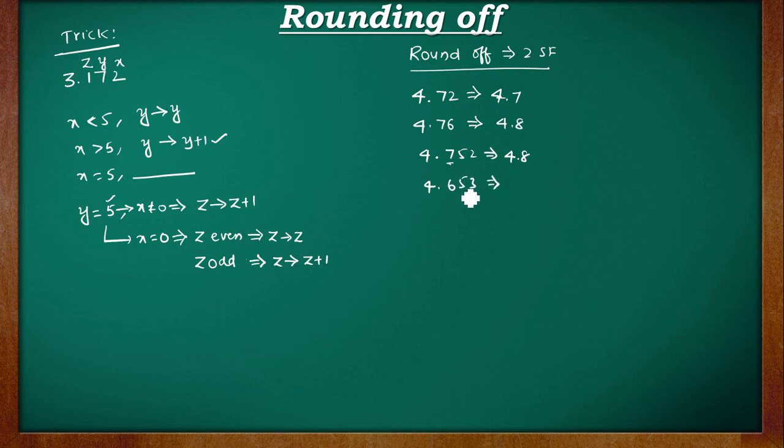4.653. This number also falls under this category, where the y value is 5 and the x value is not equal to 0. So you have to raise the previous number by 1. So it becomes 4.7. That's it. Next,